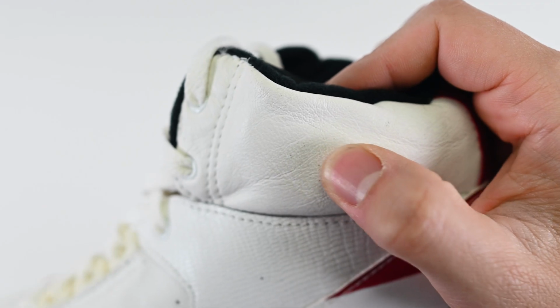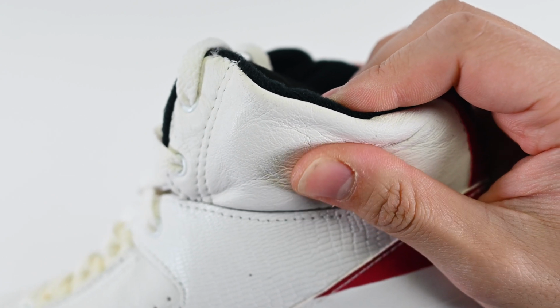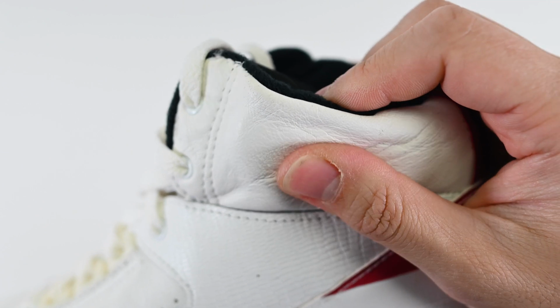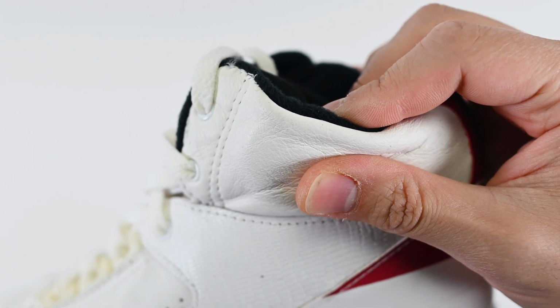I think overall, the thing that just really jumped out to me was the leather quality, how soft the OGs are in comparison to the retros. You know, how Rolo pointed out, with age or wear, how that softens up. But yeah, that was a quality that I really appreciated in the OGs. So these are all the notable differences that we found from the original all the way up to the 2022 current pair. But first,